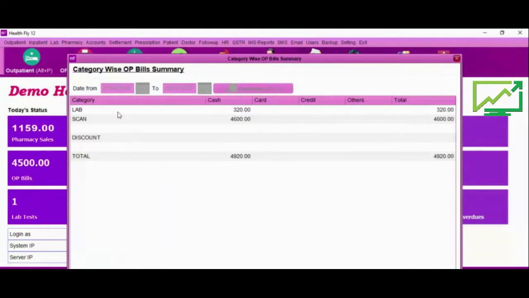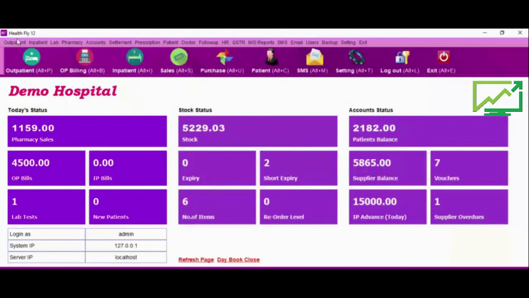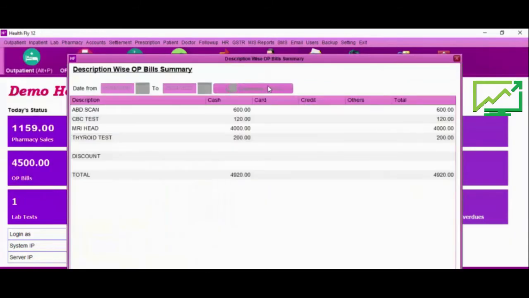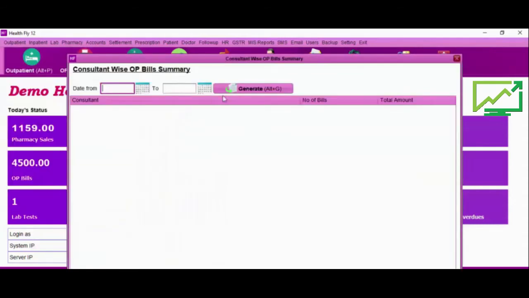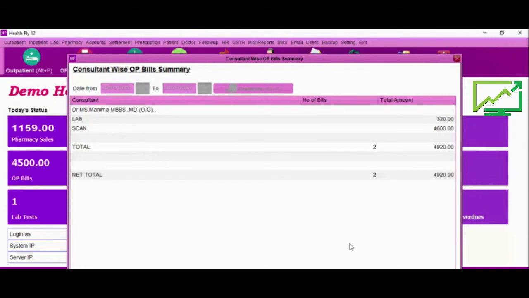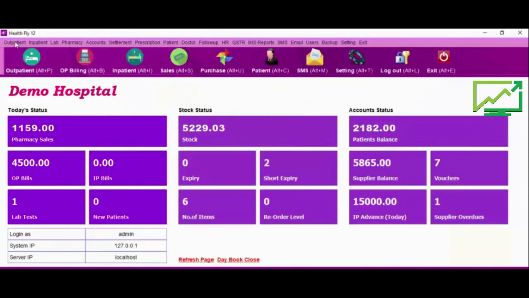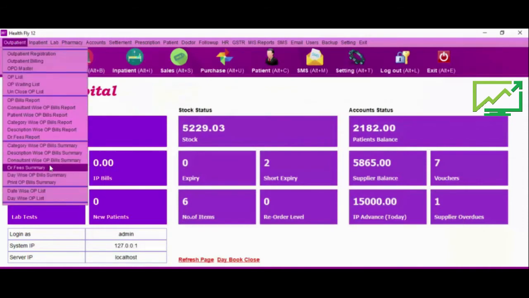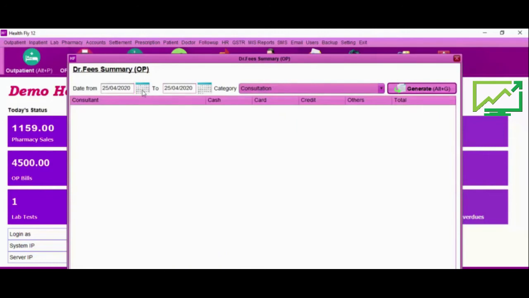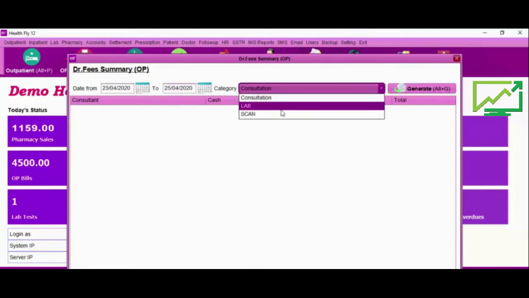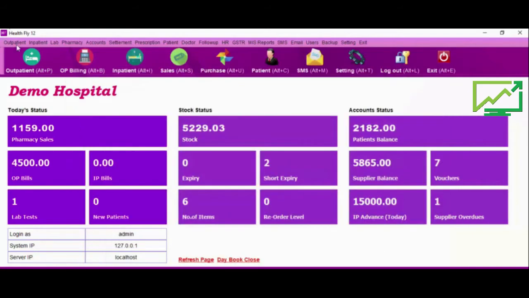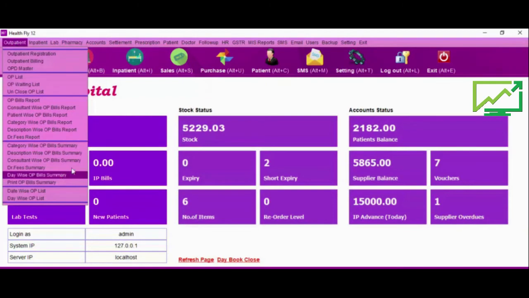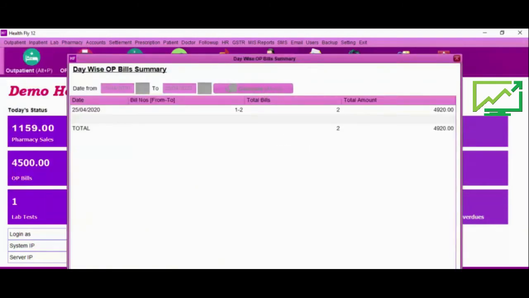Summary reports, consultant wise summary, and day wise report.